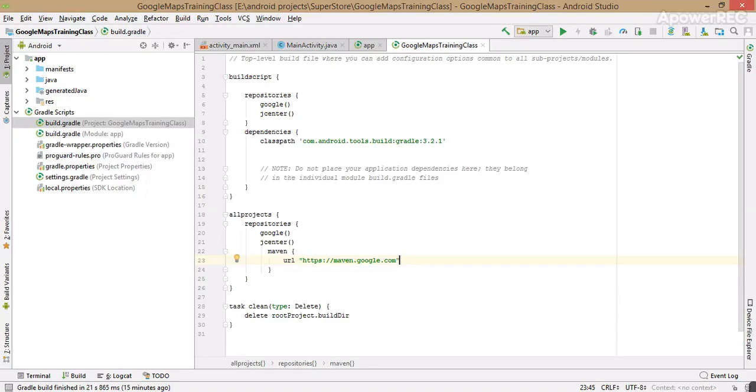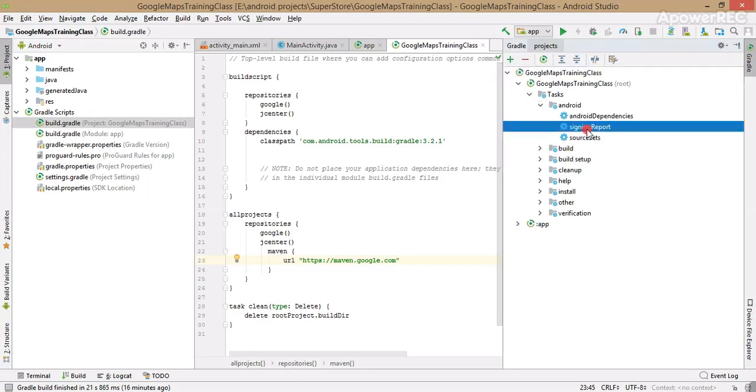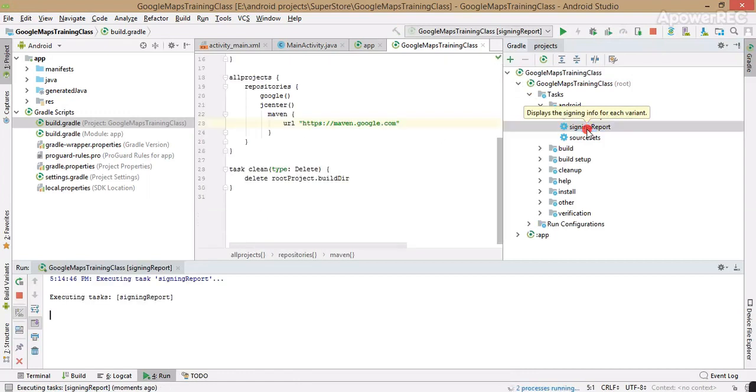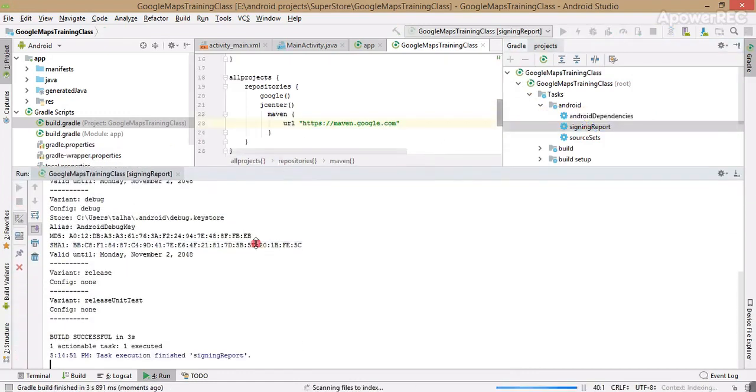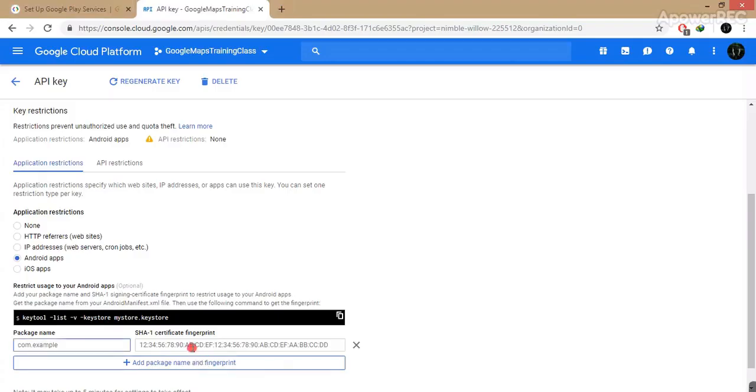Now go back to Android Studio. Click on Gradle and click on Google Maps Training Class. Click on Android and double click on signing report. It will generate my SHA1 key. Just copy your SHA1 key and paste it right here.